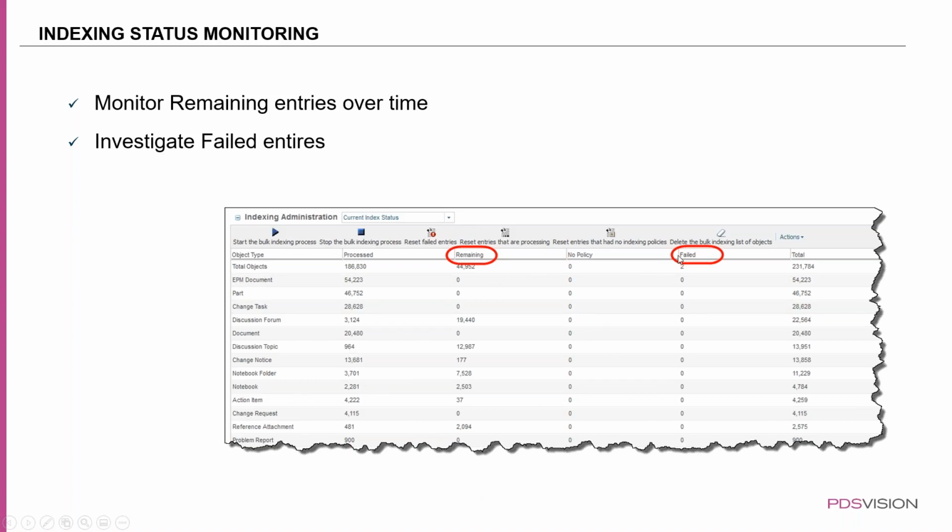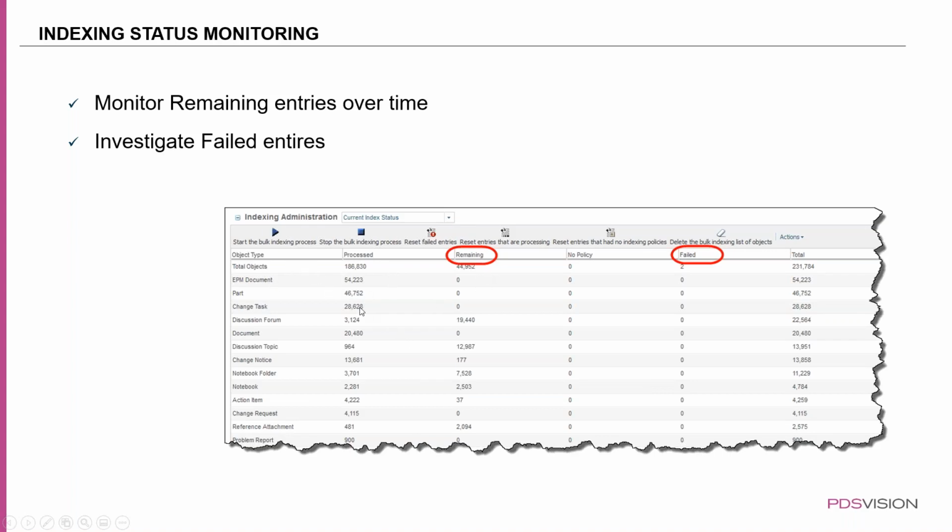And then also, if there are any failed entries, they show in there. And if there are failed entries, you might want to go into the indexing logs and check what could be the cause for that failure. And again, the important thing here is while it's indexing, you also want to check the remaining objects here. And again, you might have to refresh a couple of times to see if this number is actually decreasing. And if it's not moving, it might be that the indexing service has stopped, or for some reason Windchill restarted, and then the indexing just